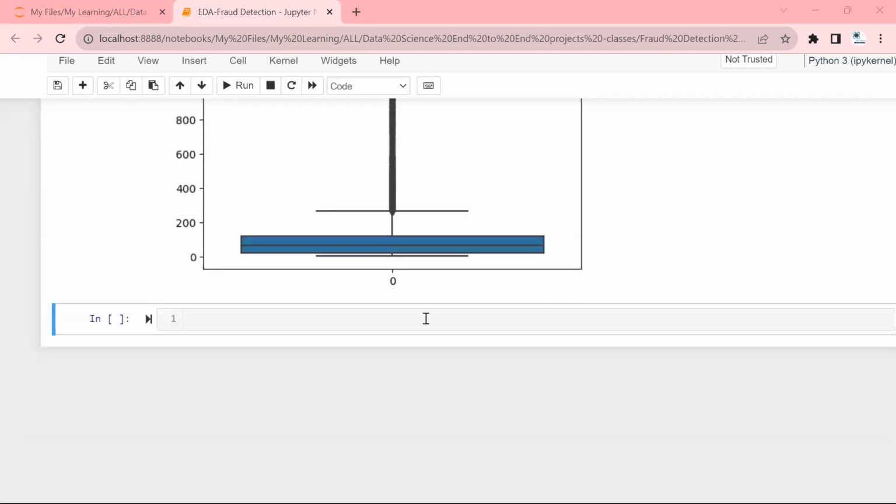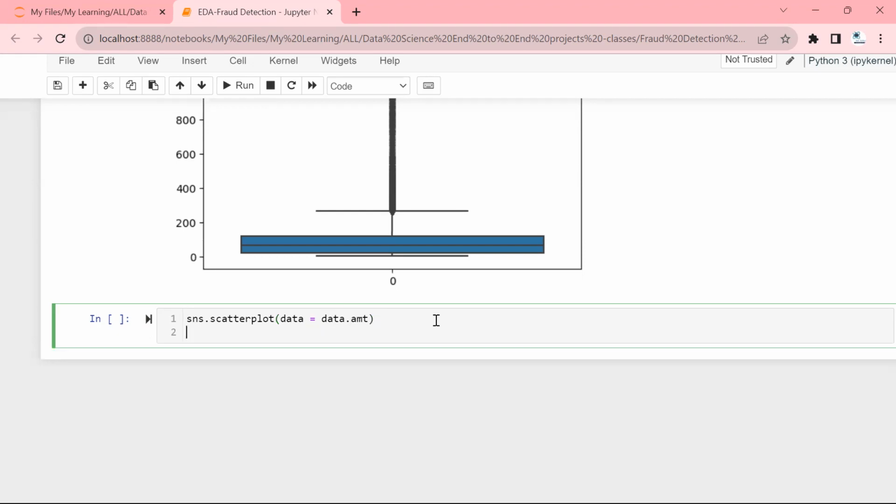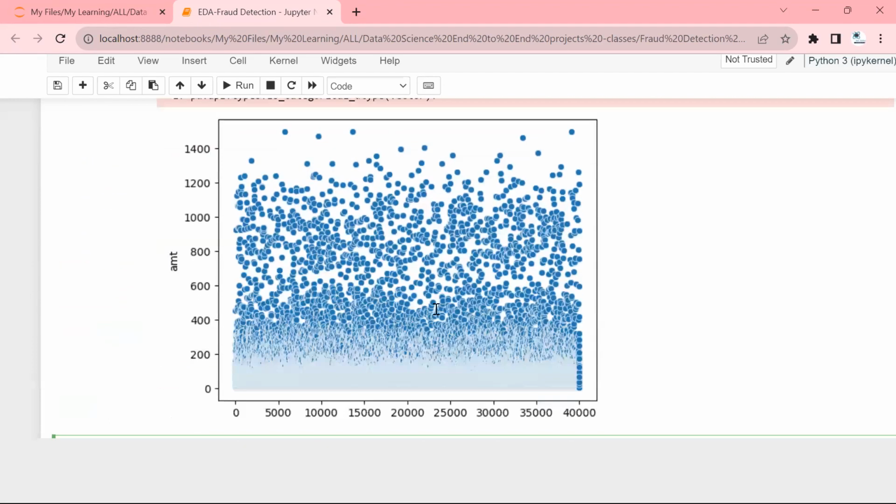Okay, and the second one is the scatter plot. For this particular scatter plot, we would like to take sns scatterplot, data equal to data dot amount, then plt.show. I think x and y variables are required. Okay. See,